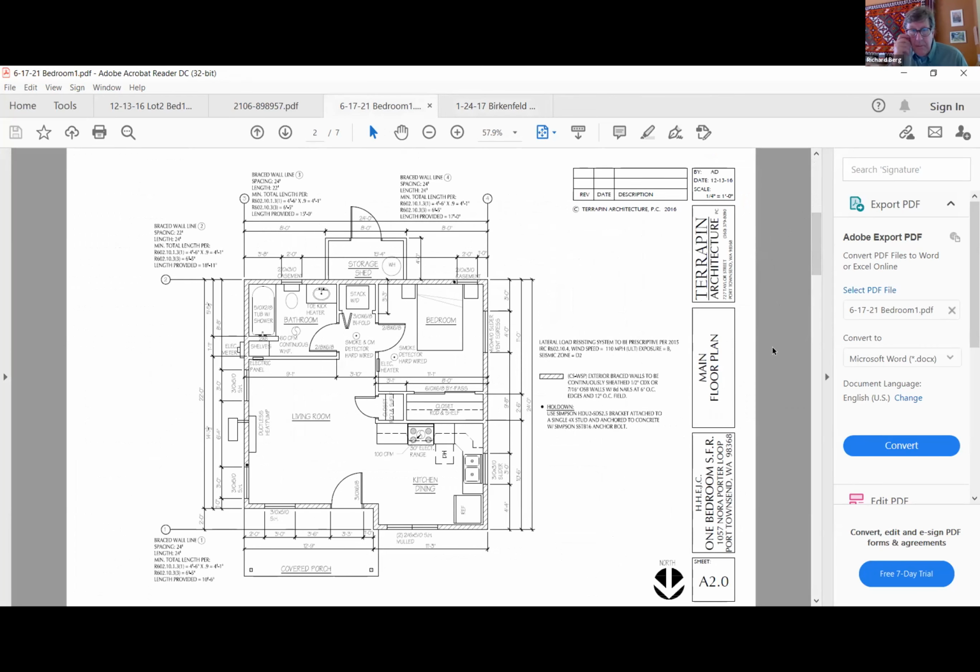So moving on, this is a first floor plan. And so you want to show your exterior walls and interior walls. You want to show where the doors and windows are located. And in this case, we're also showing, there's a couple of